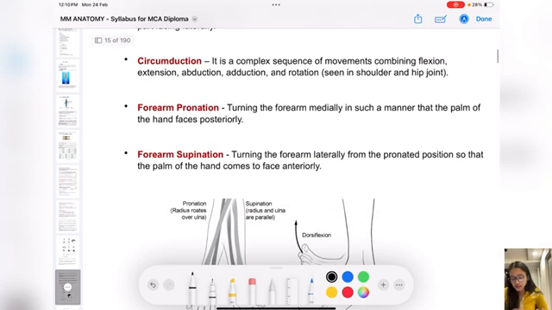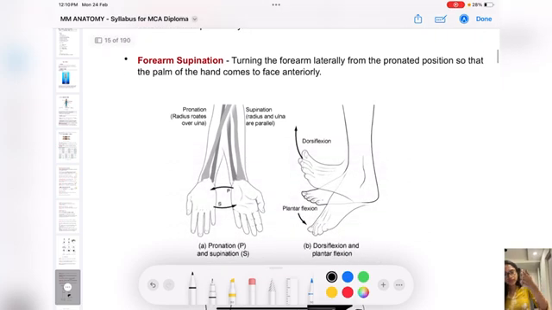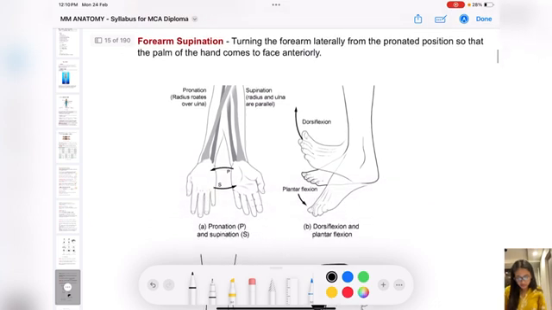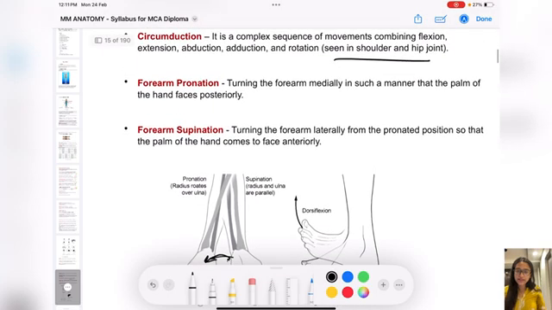Forearm pronation: turning your forearm medially in such a manner that the palm of the hand faces posteriorly. This is pronation, this is supination. Same with the leg, you can